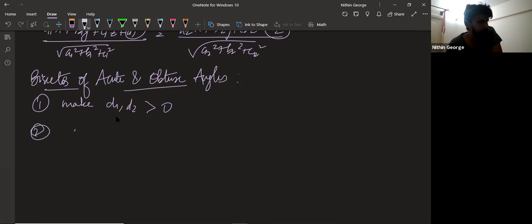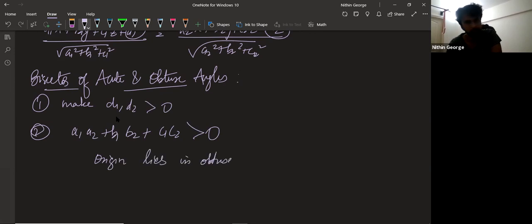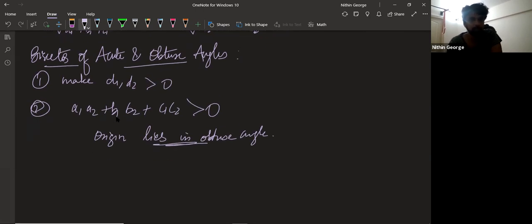The second step is check the value of a1 a2 plus b1 b2 plus c1 c2. If this is greater than 0, then origin lies in the obtuse angle. Right? Origin lies in obtuse angle. And in such a case, the acute angle bisector